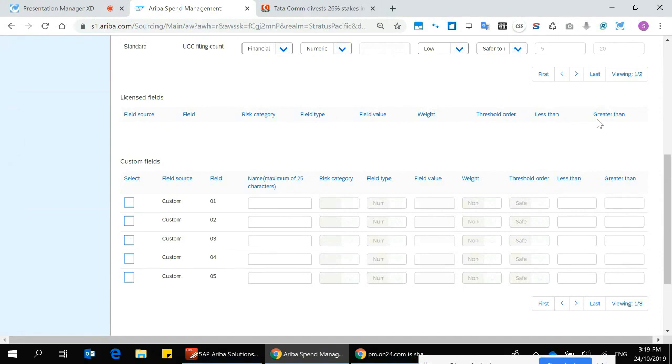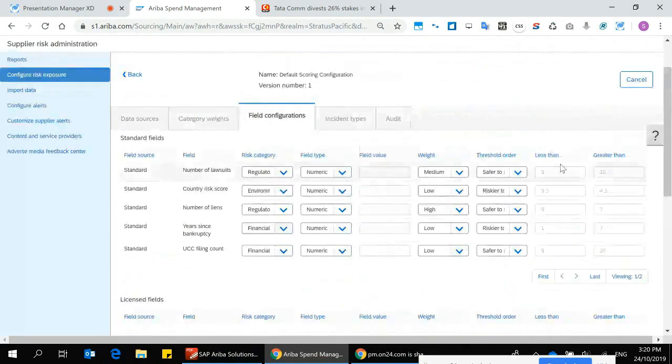So there's the ability to bring in custom data and actually have it embedded here within the risk solution as well. So there's some great opportunity to bring something very specific to your organisation that may not necessarily be provided as standard here in this risk solution.